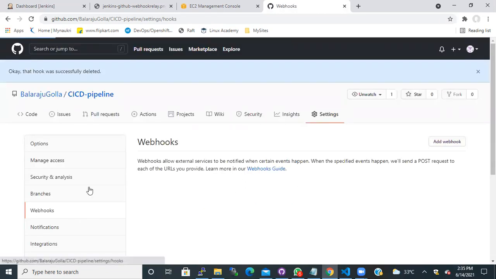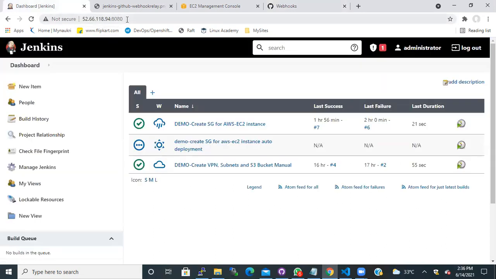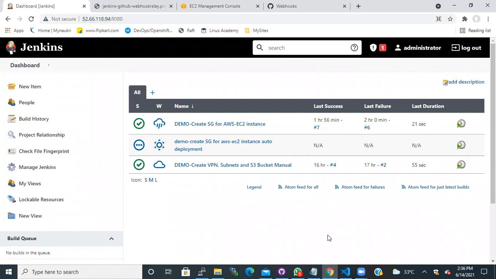For creating a webhook, you need a Jenkins URL. This is my URL, along with the port number. I'm just copying the IP address followed by the port number, from where it's communicating.